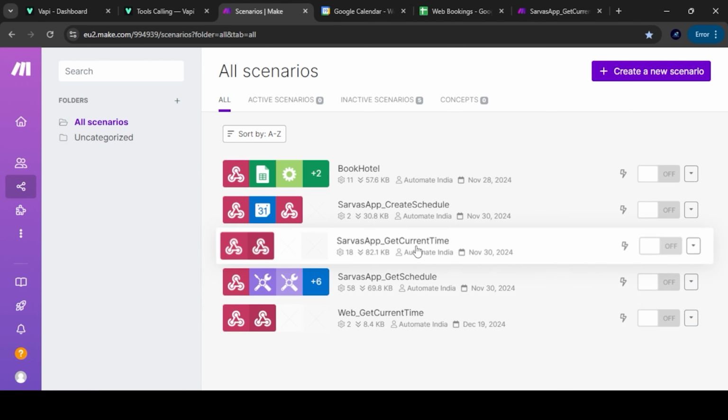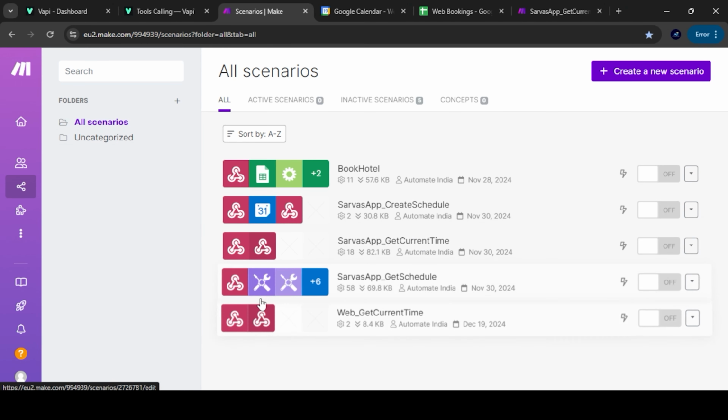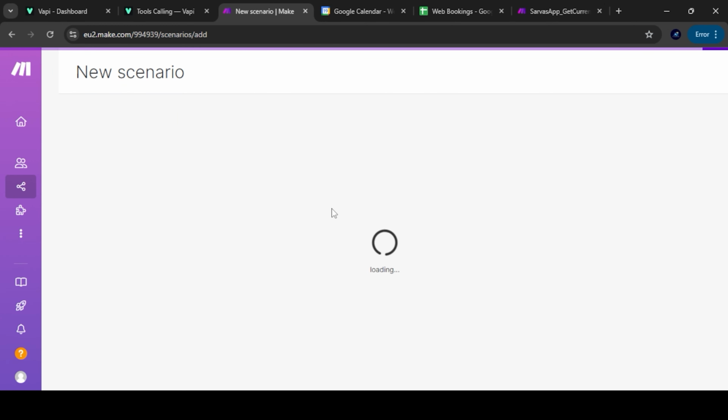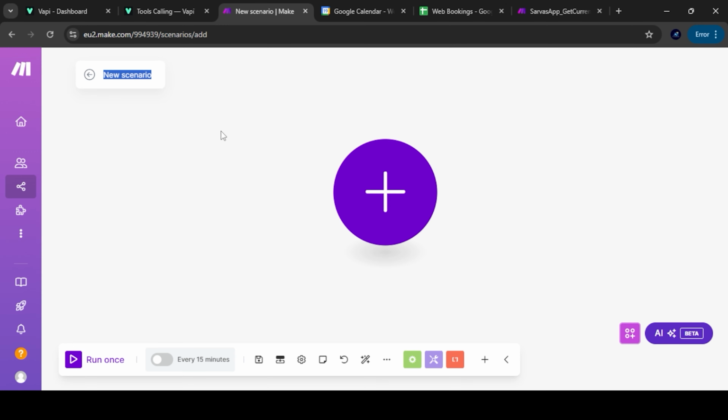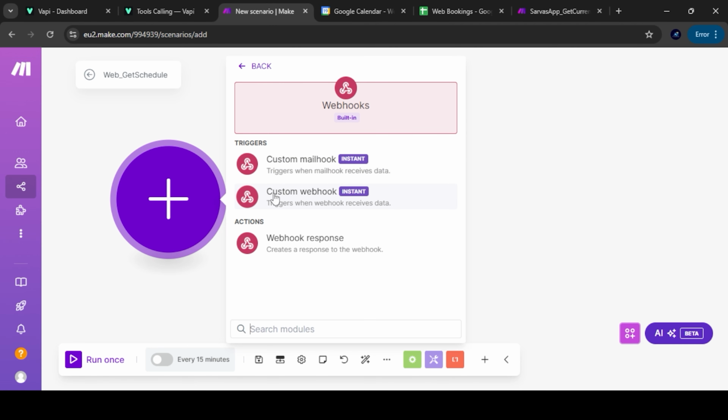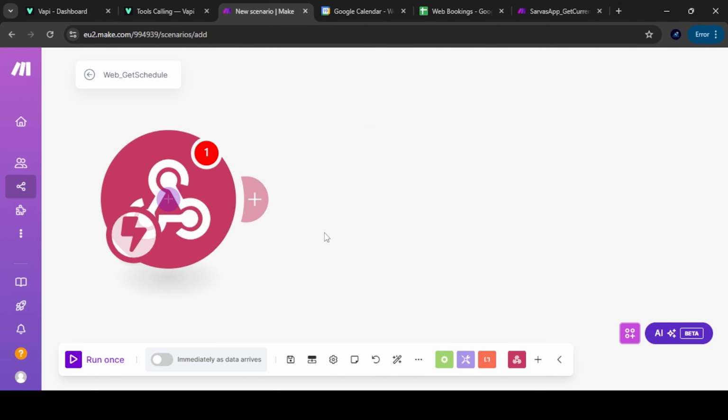So let's go and create another scenario. We'll name the scenario first, keep it as web get schedule. Okay, create a webhook, custom webhook.